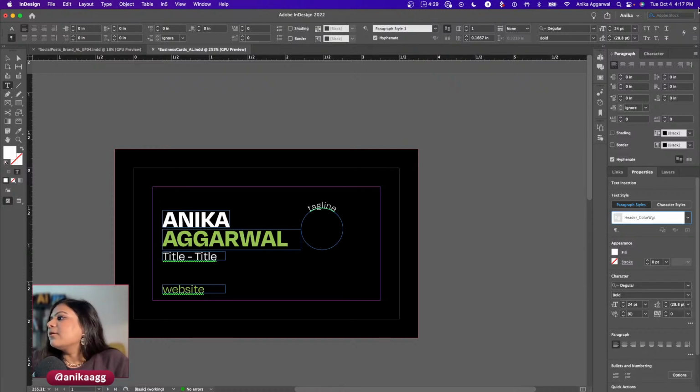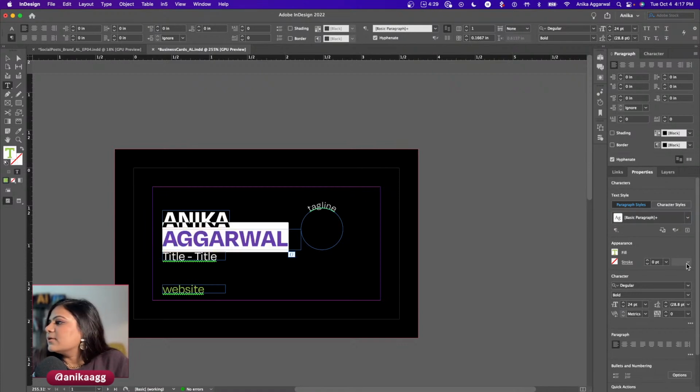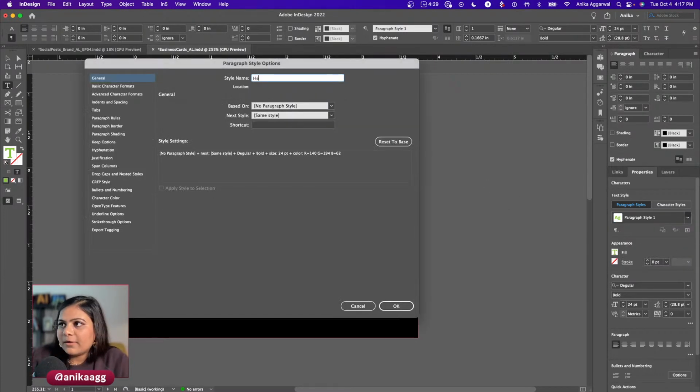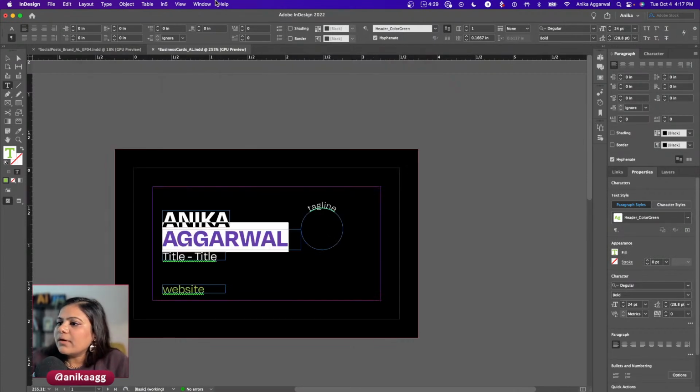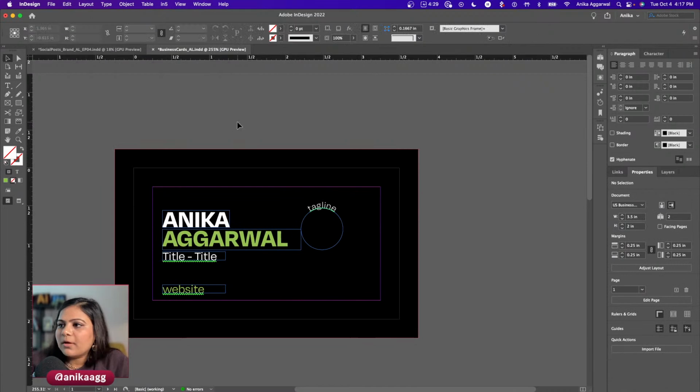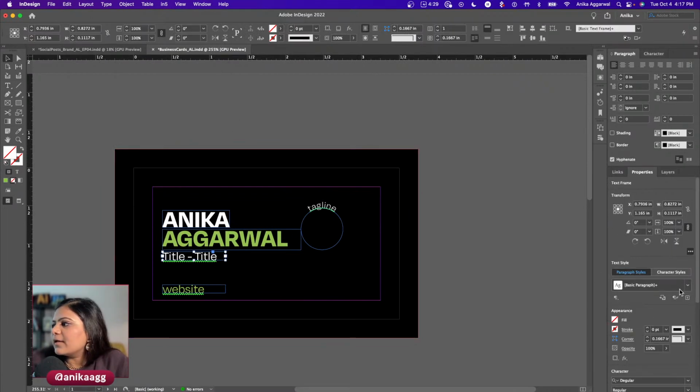Color white here, and then I'm gonna call this guy header underscore color green. Okay, so I think this works. And then we have, oh, that did not change the color. Hit escape by error. I'm gonna call it green right here, and then hit escape. Okay, and now if I go here and change it to header color white, it's gonna change the style to